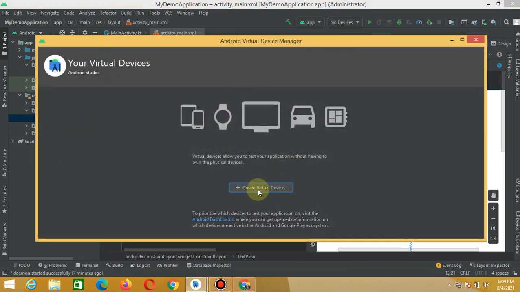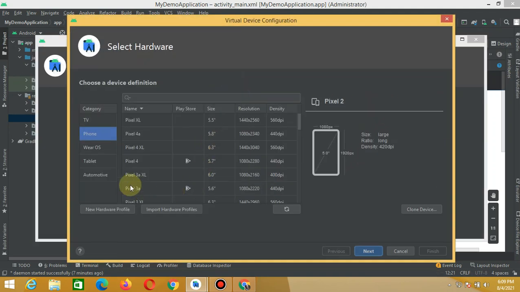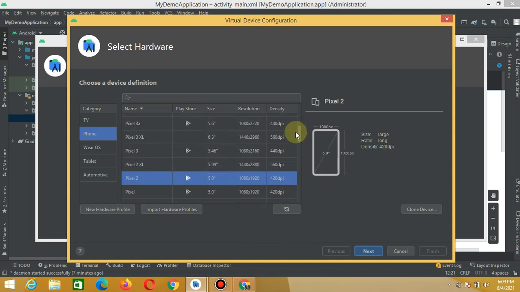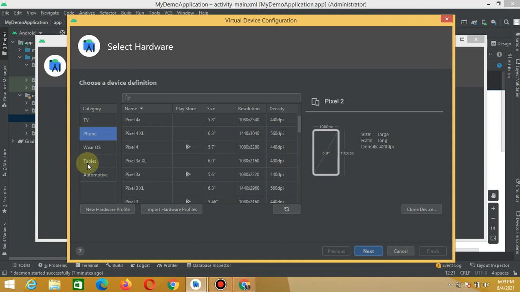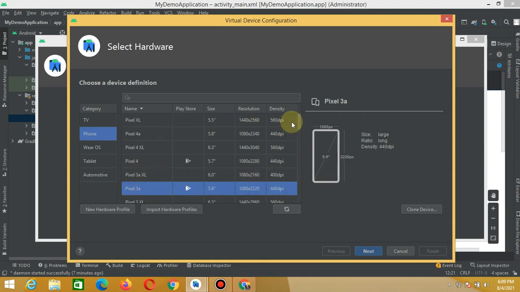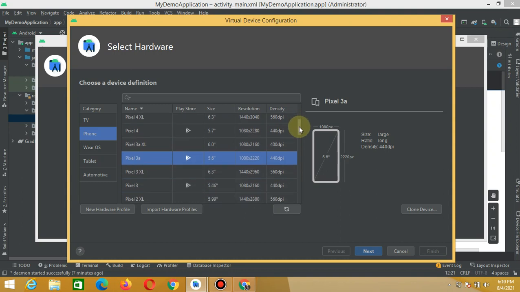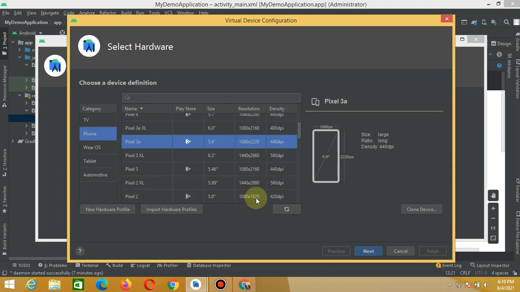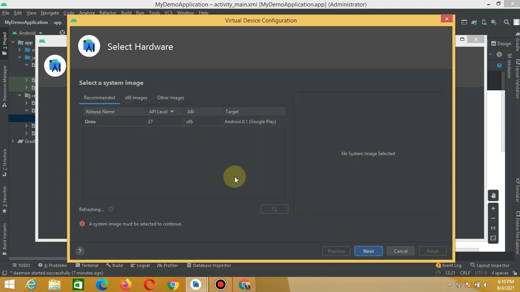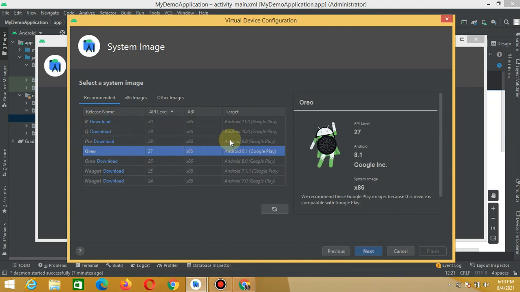From here you come to create a virtual device, and these are the different devices that you can create, quite a variety. There are so many, and you can create a tablet or a phone. So for now, let's create a phone, a Pixel 3, or you can create any. So click next, and then you can see here